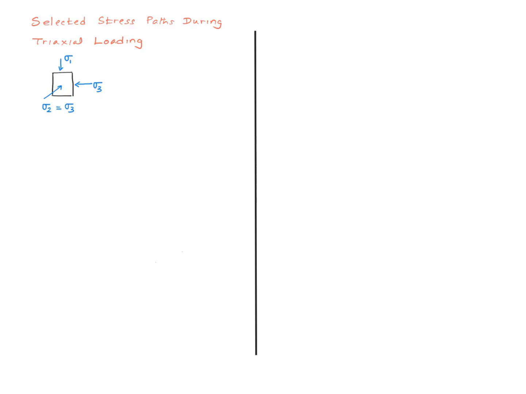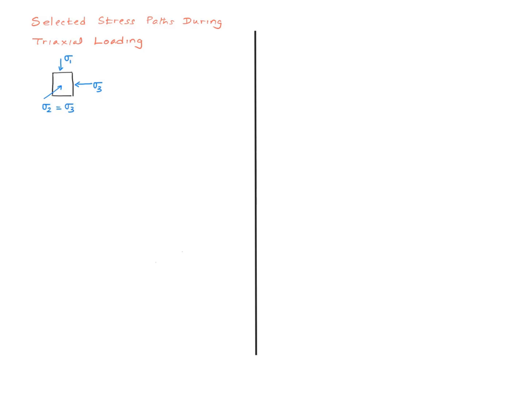And therefore, for the purpose of analysis, this is basically a 2D loading. So we typically consider the sigma 1, sigma 3 space. Since there are only two stress components, sigma 1 and sigma 3, we could plot the stress path in the sigma 1, sigma 3 space. Some people do that, but it's more common to plot them in a different stress space, namely what we call